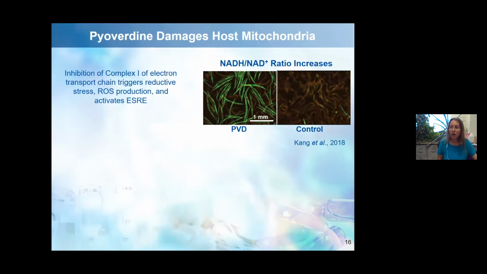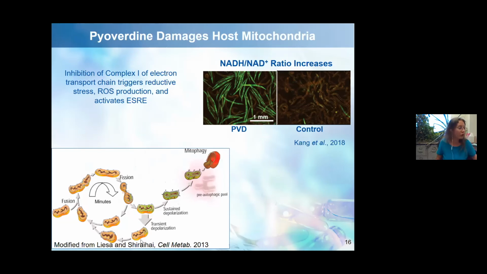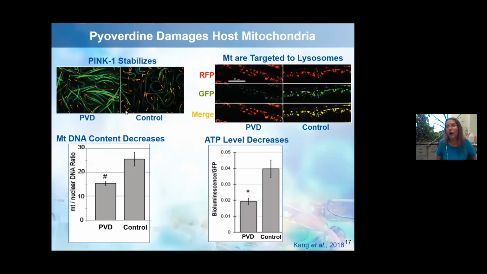Dysfunctional mitochondria are targeted for degradation by autophagy of mitochondria, specifically called mitophagy. So right here, when they get damaged and have sustained depolarization, they are targeted for this degradation. We used a reporter for the mitophagy regulator kinase PINK1, and red is just a transgene marker. So our target gene is in green, and we see much less mitophagy happening normally, which is reasonable, and its level strongly increases in the presence of pyoverdine.